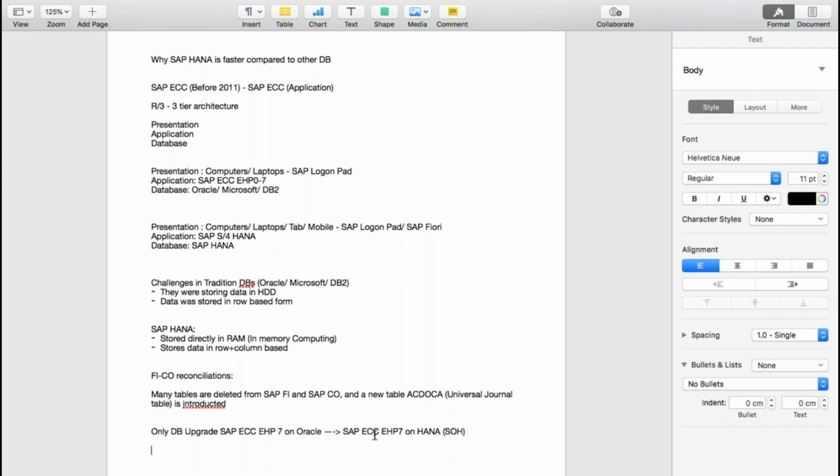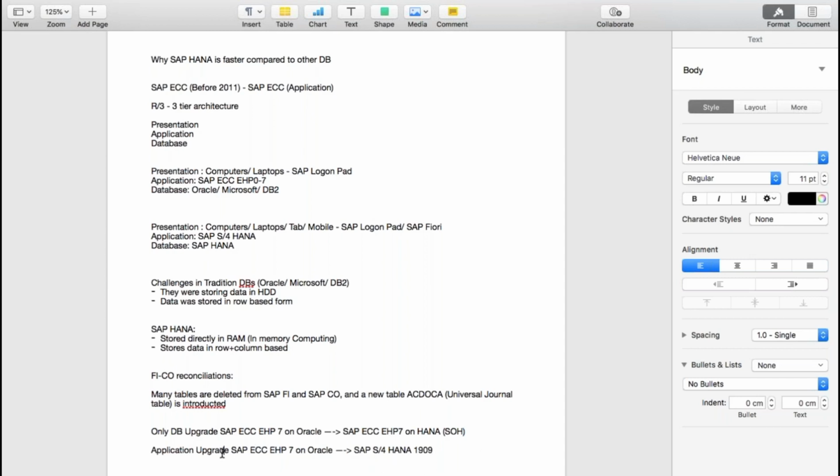On the other hand, if you want to perform an application upgrade, it means that you are going for SAP S4HANA. So from SAP ECC EHP 7 on Oracle, if you do the application upgrade, then you will go to SAP S4HANA, whatever the version, let's say in this case 1909.